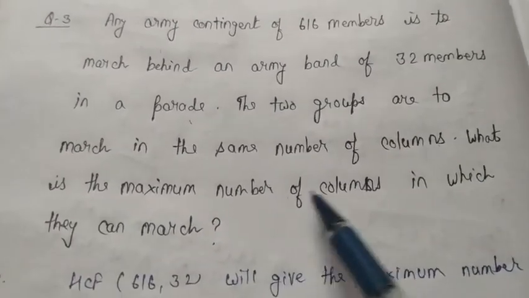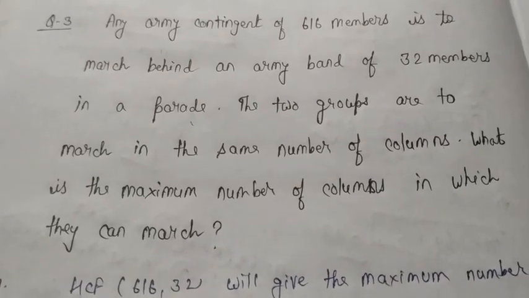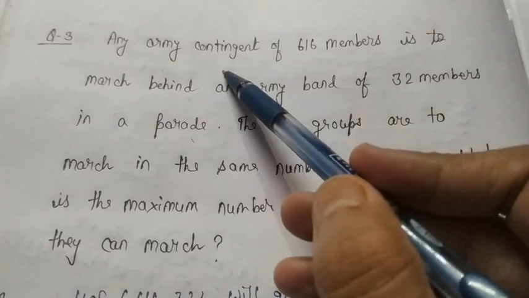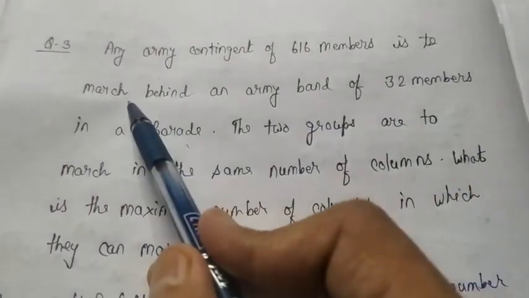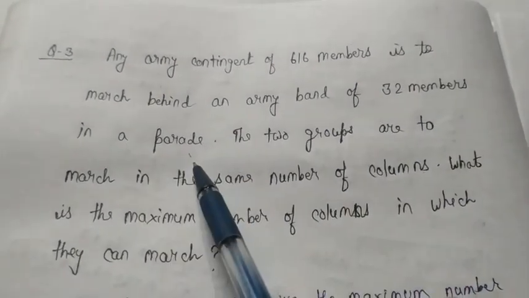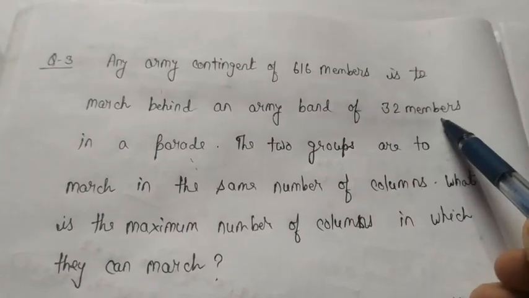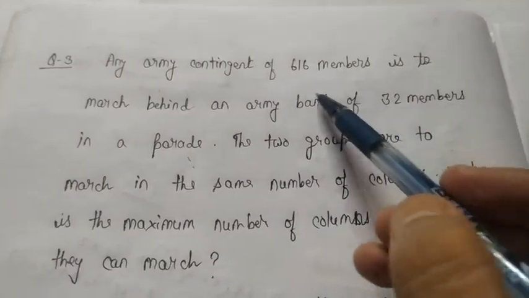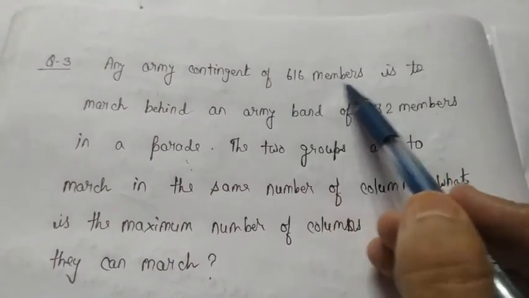What is the maximum number of columns in which they can march? I am repeating the question once again. An army contingent of 616 members is to be marched behind an army band of 32 members in a parade. It means the army band has 32 members, and behind that you have to march 616 members,